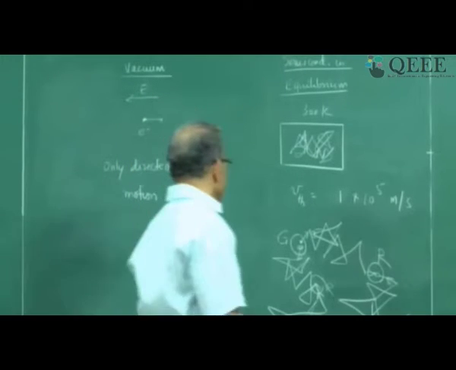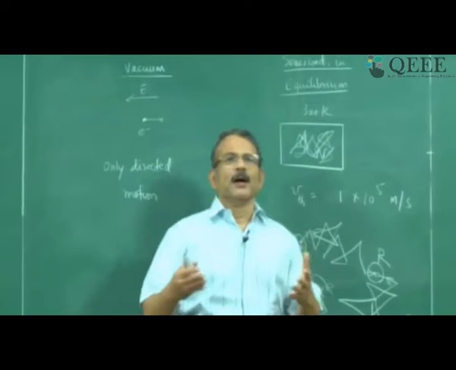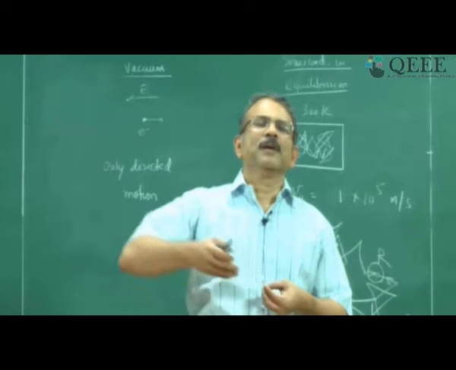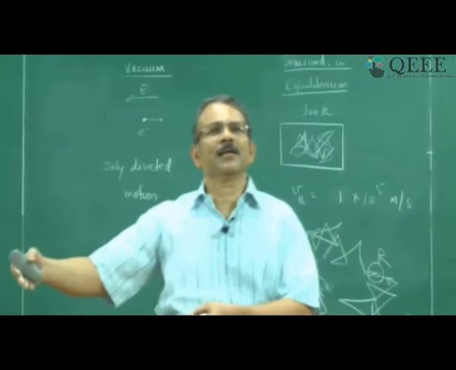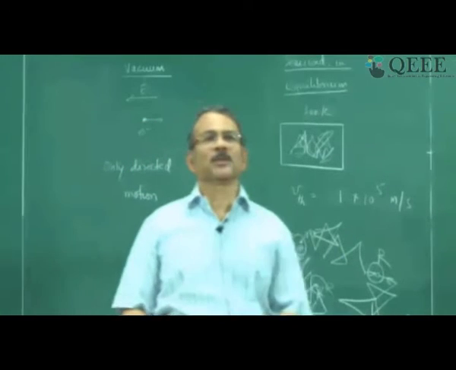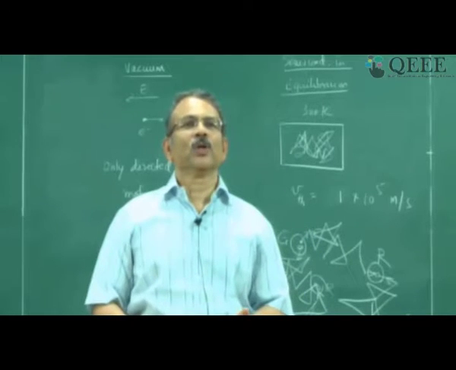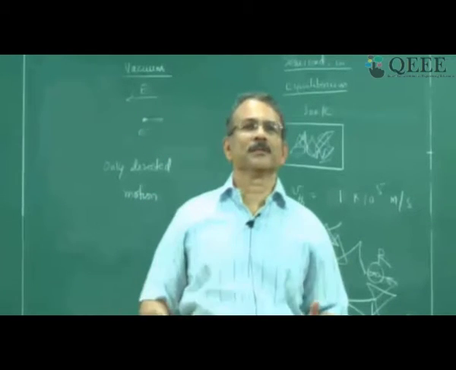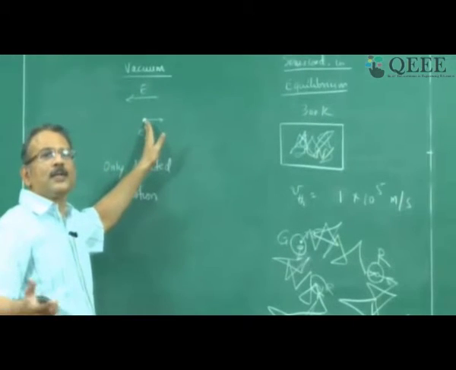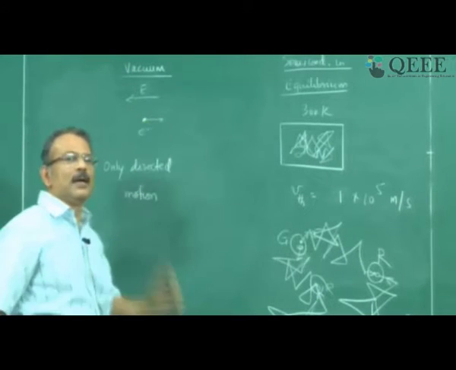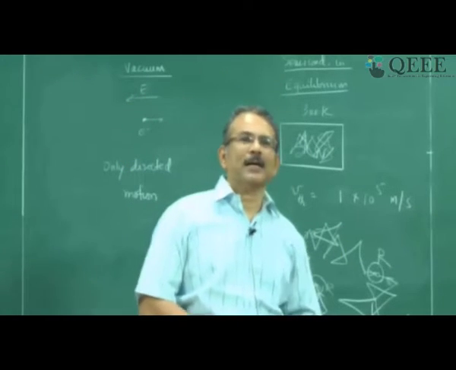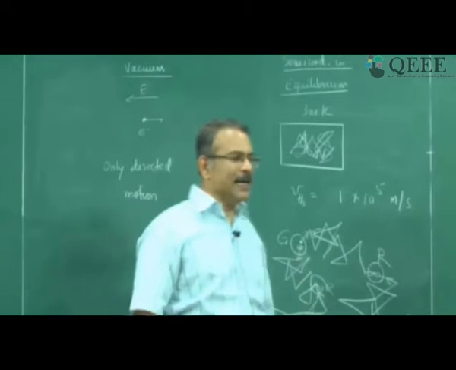Now why do they move randomly? It is because in the solid there are other electrons and holes. So no electron can move in one direction freely. It will collide with some other electron or hole and change direction. And you not only have electrons and holes, you also have silicon atoms vibrating, right? So there will be a large number of collisions. In vacuum, the electron encounters no collision because there is nothing else in vacuum. But in a semiconductor you have other electrons and holes and silicon atoms. Because of that there are a large number of collisions and you get this random motion.